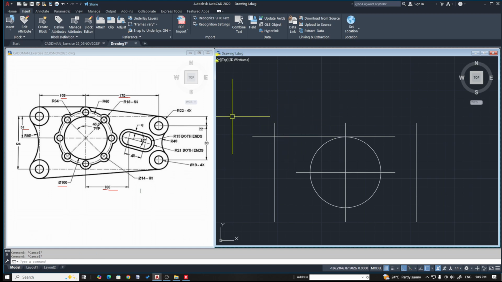So now let's try to create this circle. This circle is given as radius 22 into 4, that means 1, 2, 3 and 4. So let's try to create this radius 22, and the smaller radius or the diameter is given as diameter 19. So first let's try to create a circle of radius 22,